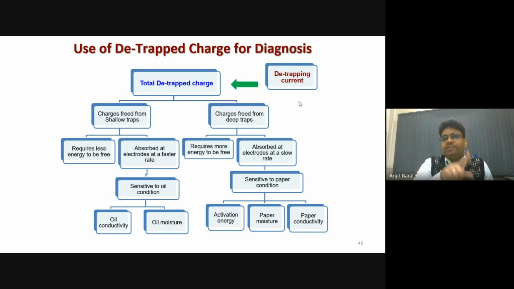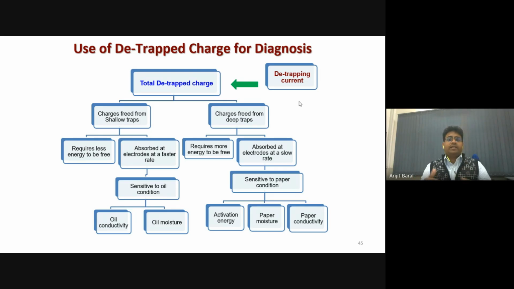Now this is very interesting because the charges which get freed very quickly tend to affect the portion of the response which is closer to zero. Now, the dipoles which are present in oil, you can understand, but because this is a fluid, the amount of time it takes to orient in the direction of the applied field is smaller in comparison to the dipoles present in solid insulation, because they are totally bound together with each other. So the mobility of dipoles present in oil is much faster compared to the solid insulation,